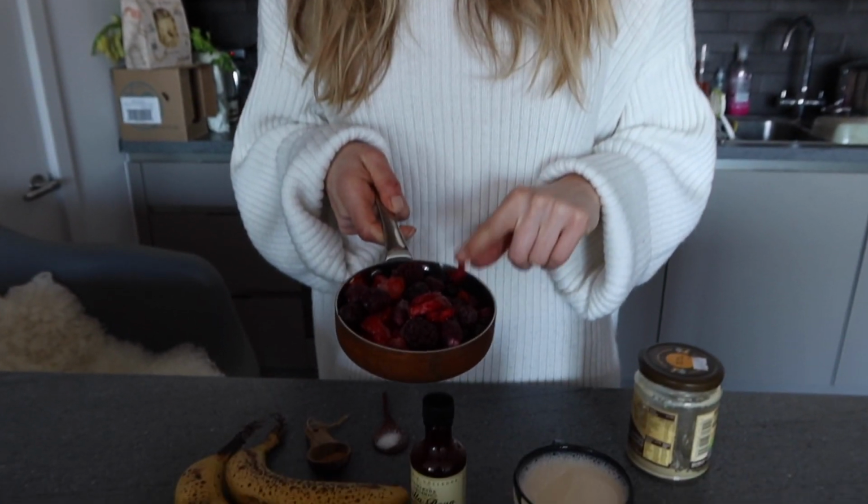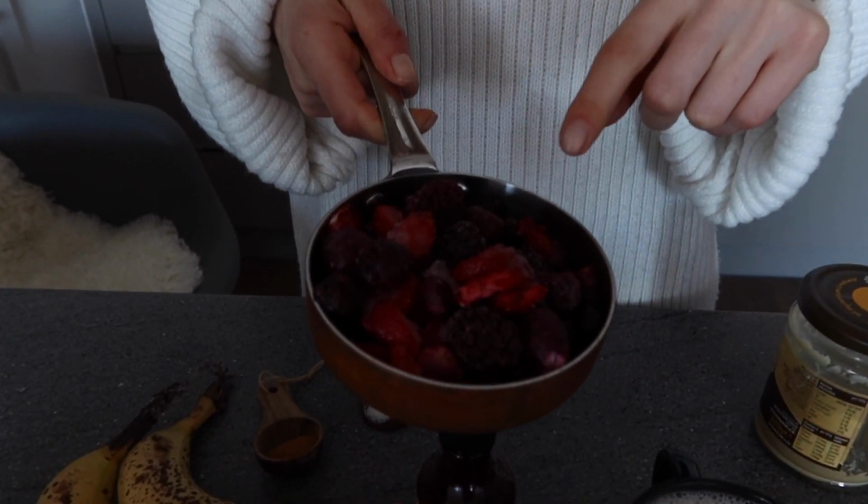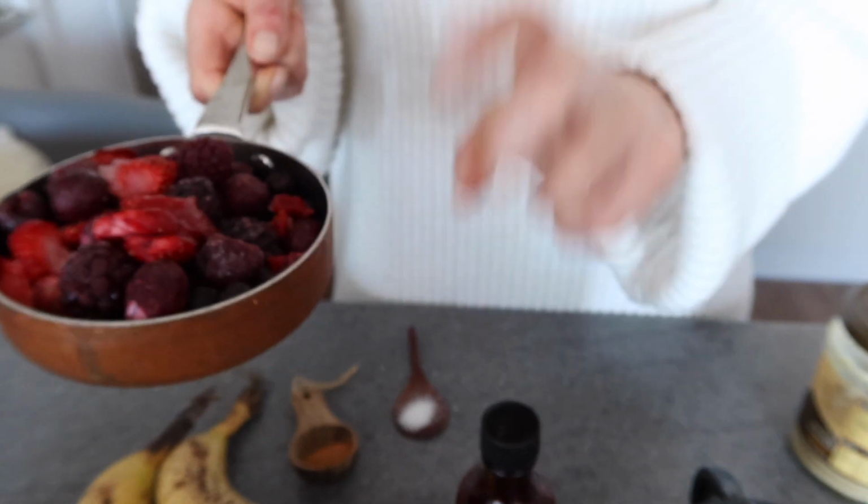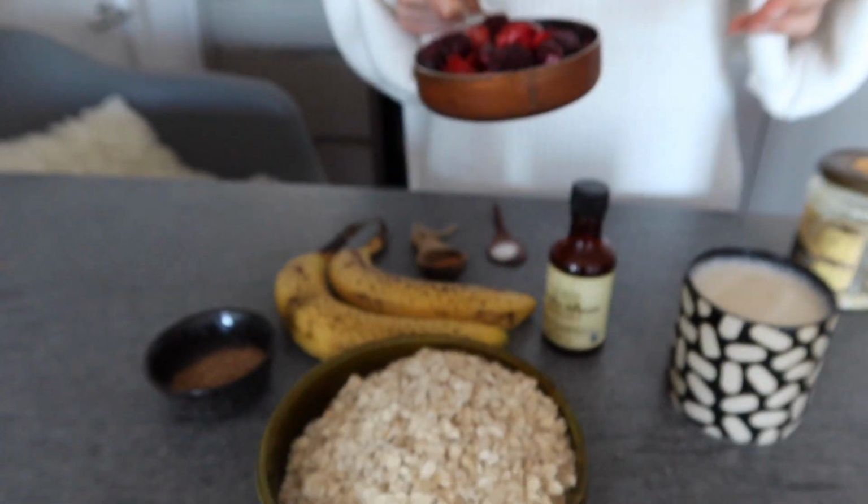I'm also going to be making a little berry compote. So I've just got some frozen berries that I'm gonna stew with a little bit of sugar. You can use fresh berries, you can add them straight into the oatmeal when we bake it, or you can make a little topping. I also have some tahini because I like tahini. And I think I'm going to drizzle some tahini over